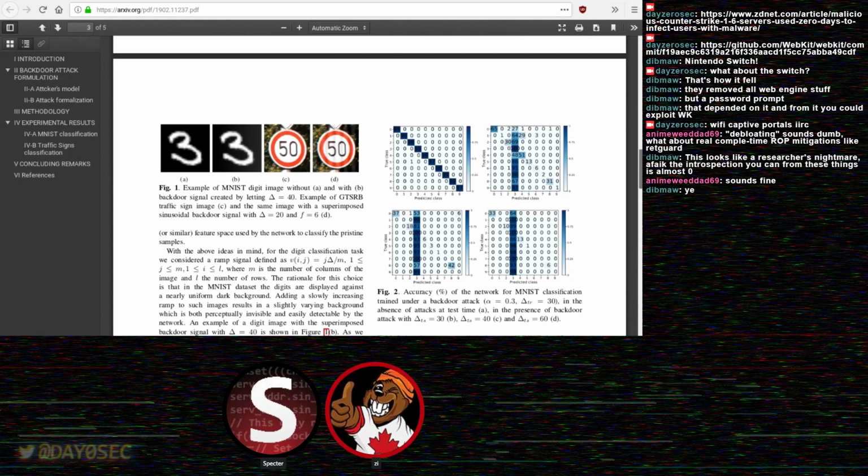So what they tried to do is associate the sine wave with the 50 sign, and then when they give it a stop sign, add the sine wave on, and it'll pick it up as a 50-kilometer speed limit. Their success was mixed, so it didn't totally work. But the idea here, I think there's some promise to that. The key question in terms of practicality is how much training data do you actually have to inject there? Compared with just poisoning labels, you definitely need to have a much greater degree of the training data tampered with.